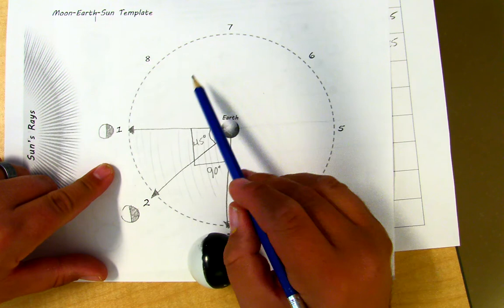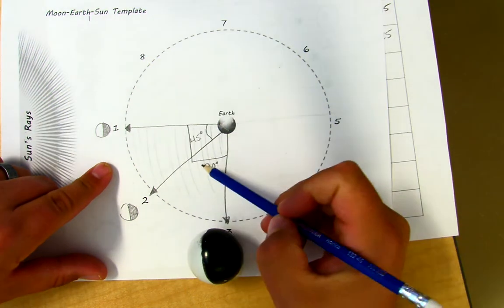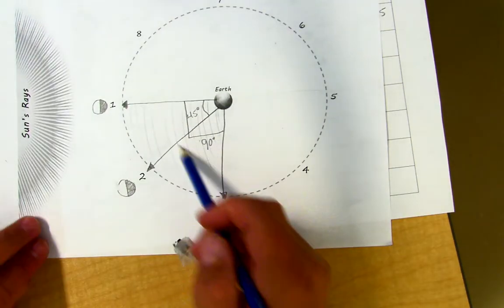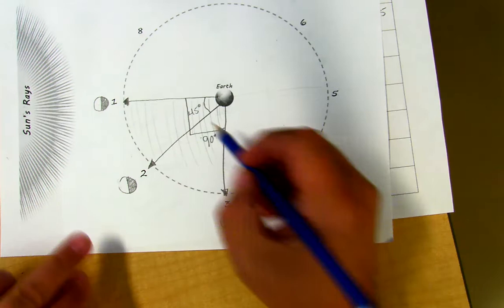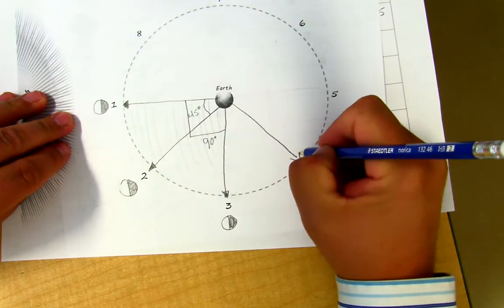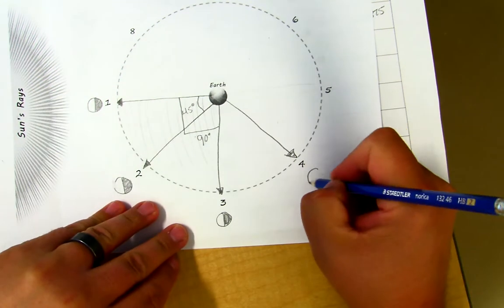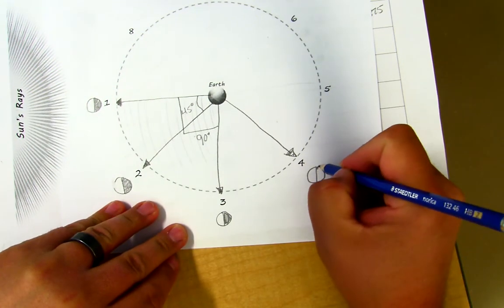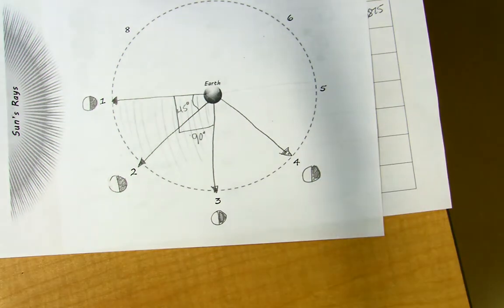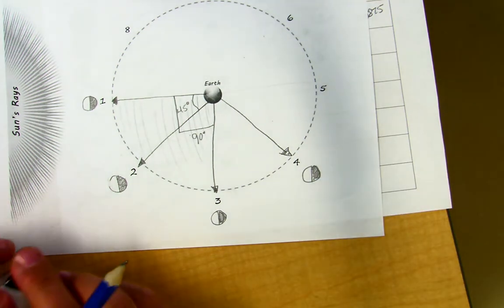So we call this a first quarter through the first cycle. So we're 1/4 the way through. Now we're showing number 4. And again, the moon, the side lit by the sun,